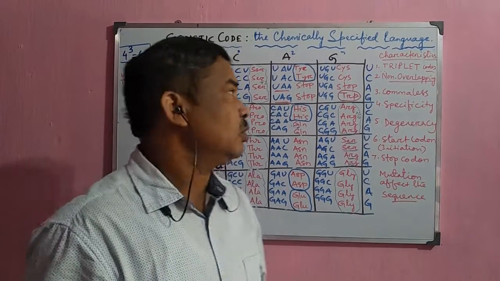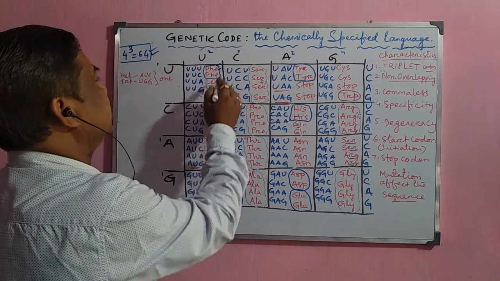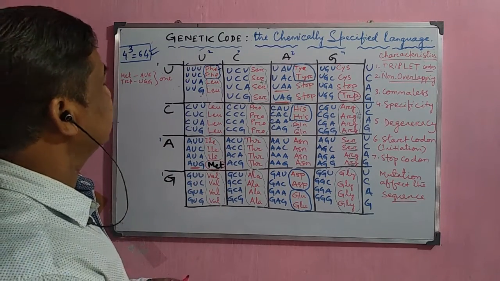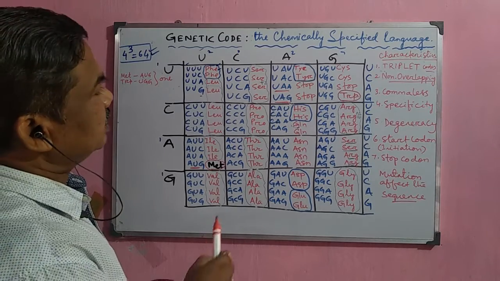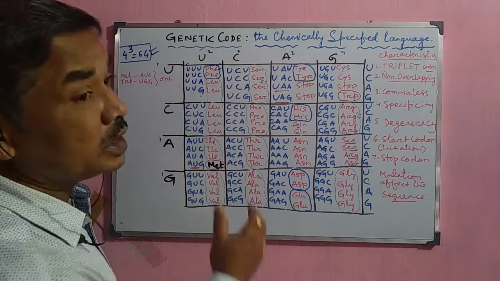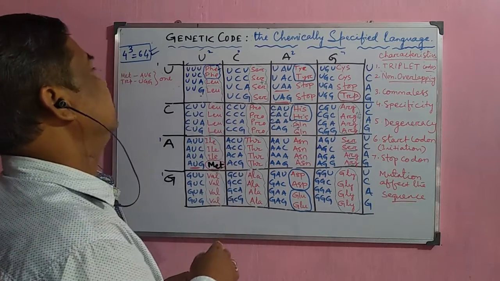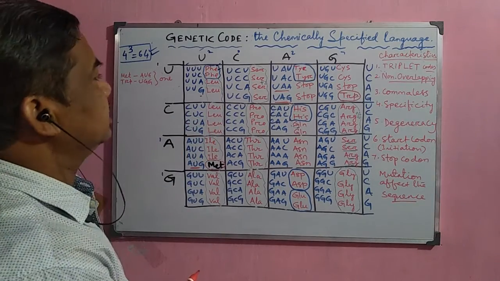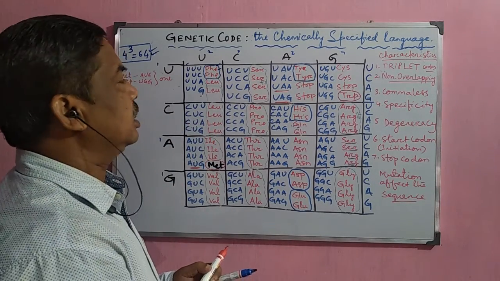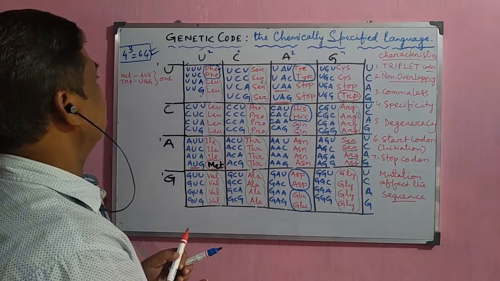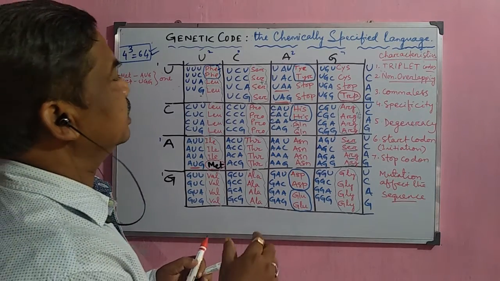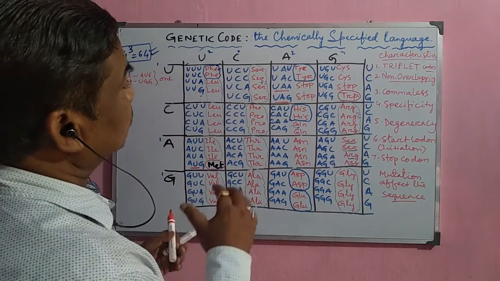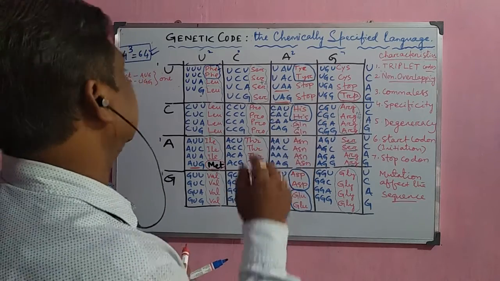Now, in this genetic code, the different amino acids which are coded by the different triplet codes are already decided and already verified. So that is why the 20 amino acids which are normally present in the polypeptide chain are already coded by these different codes, and it was cracked by Nirenberg and Khorana. Then after that, Ochoa also established the different enzymes which were involved there. Now, these triplet codes code for all the 20 amino acids.